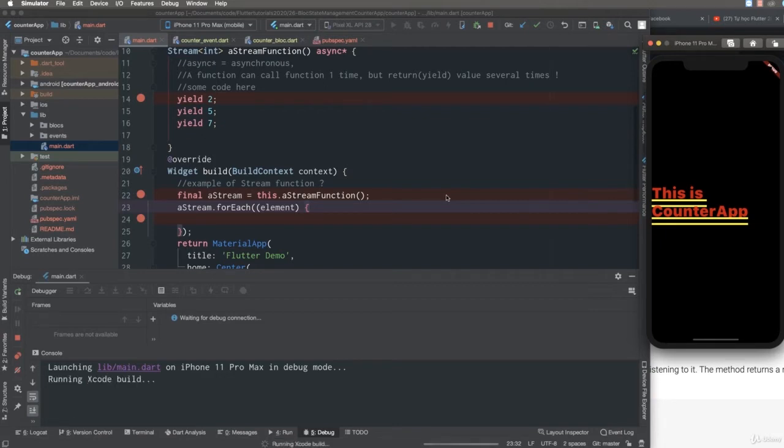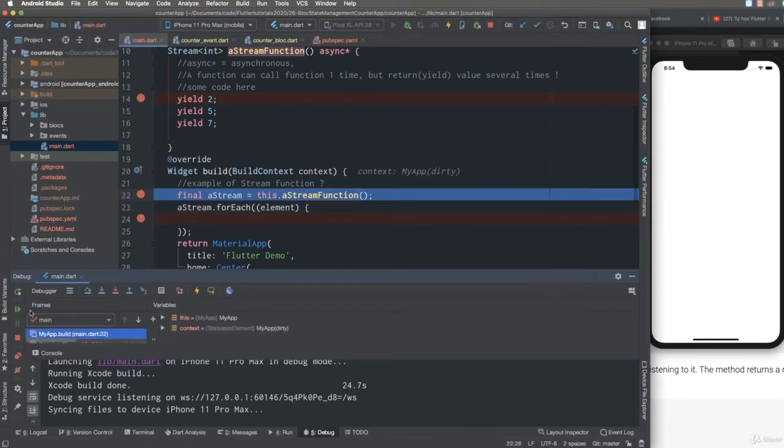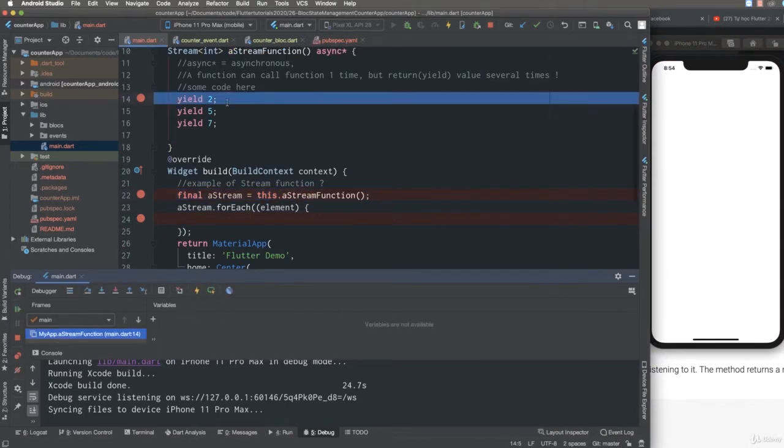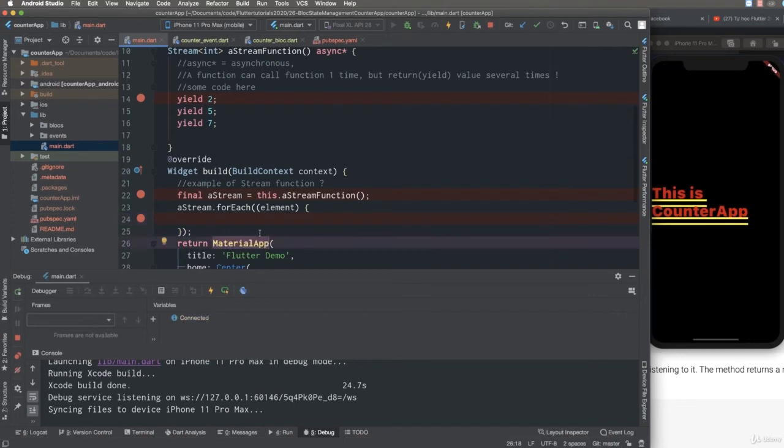So after the build function is called, the stream function is run. Yes, it is running now, and it is stream. And next, I'll continue to yield. The first time it yields the first value, yield 2. So the element here is 2, and at the next yield we yield 5 and so on, 7. Yes, and the function will finish when it encounters the return syntax, the return line,